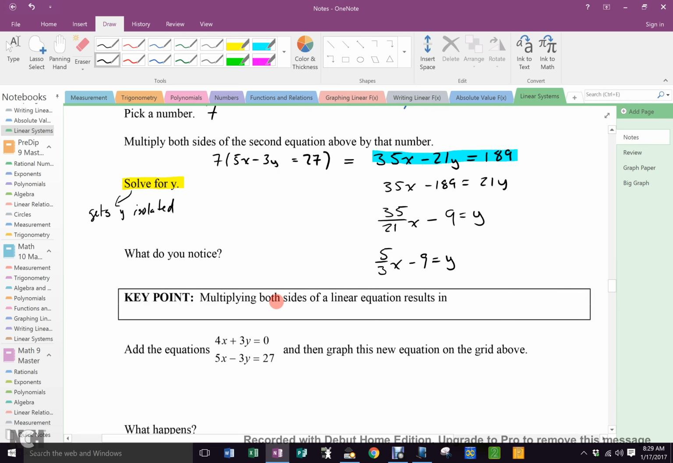So, what's the first key point? Multiplying both sides of a linear equation results in the exact same graphed line. But, and I like big buts,